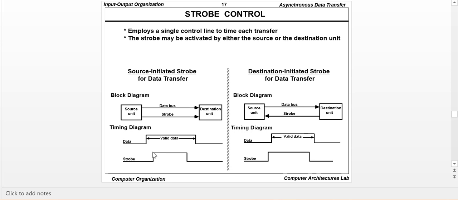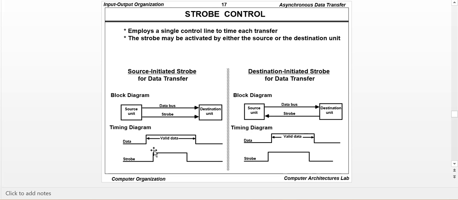The reason is that the data has to settle in the data bus. So the source unit gives some time for the valid data to settle, and then it gives the strobe pulse